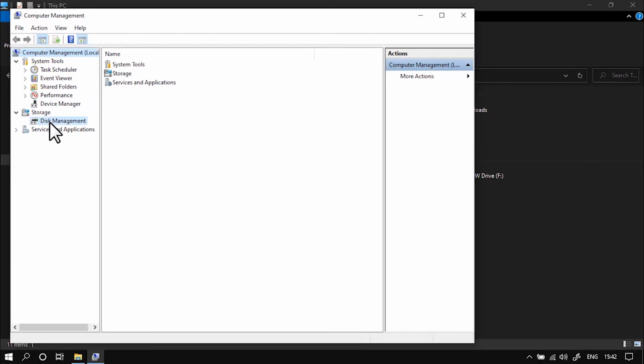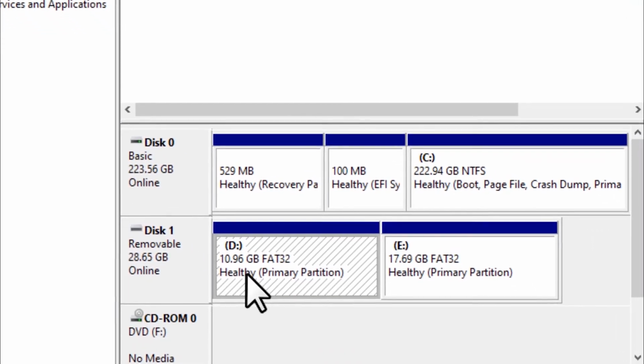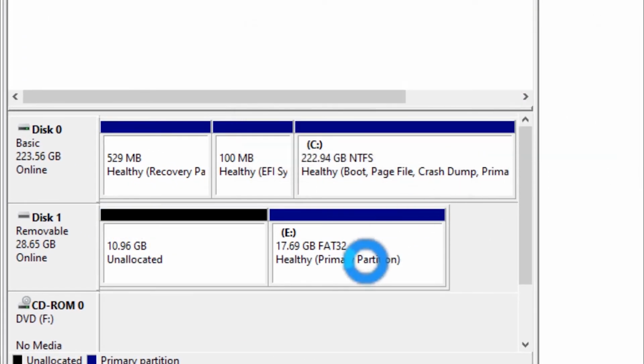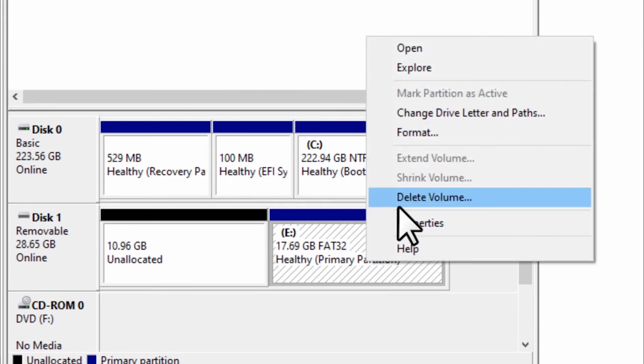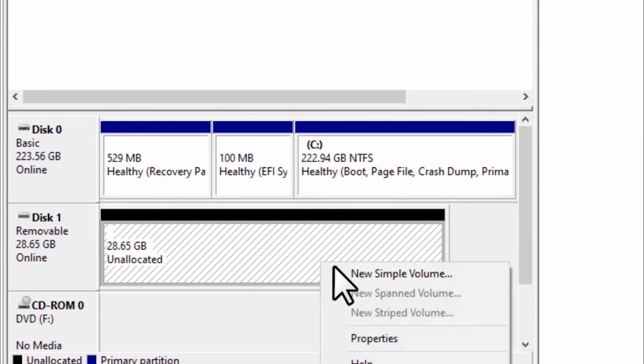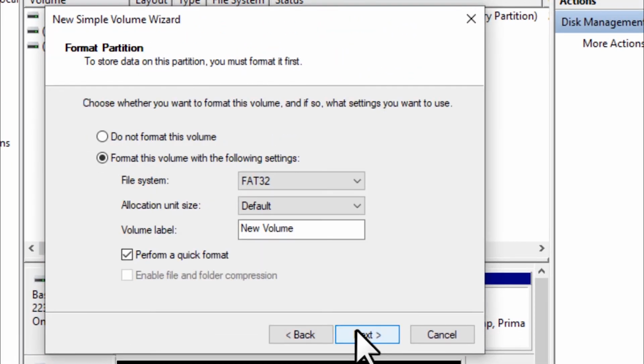Over here click on disk management, and then choose any one of those drives, D or E, and just click on delete. Then click on the other one as well and click on delete. Over here just create a new simple volume and then just follow the instructions, and then you're good to go.